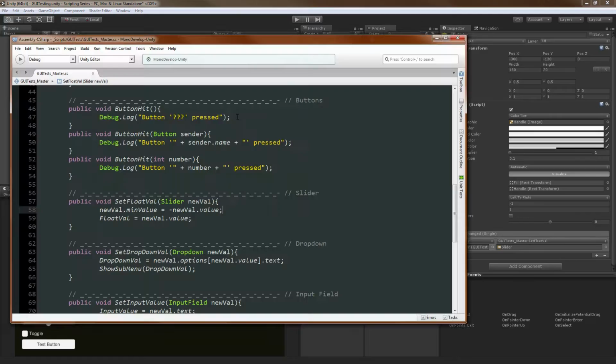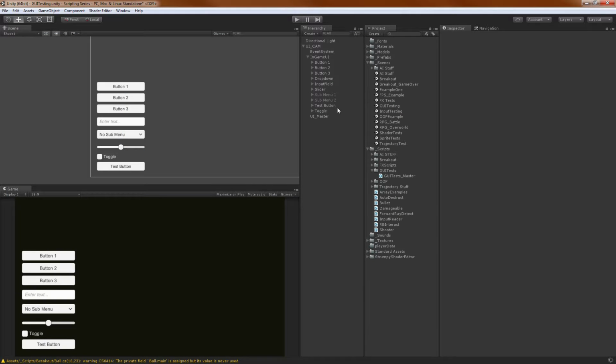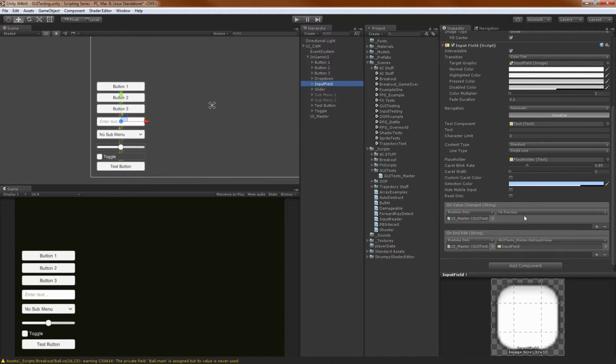But yeah, so you can do things like that where you can change aspects of the UI based off of things that you set in the UI. Which, foreshadowing, we're going to be doing. Yeah. So the next thing I wanted to talk about is the input field. The input field is a little more complicated because it's got 2 different types of events, and we could use either one. The input field, just as a refresher, is the thing that you click on and you type in,